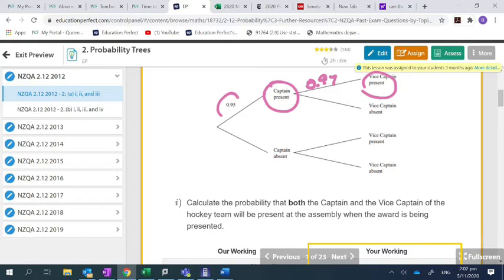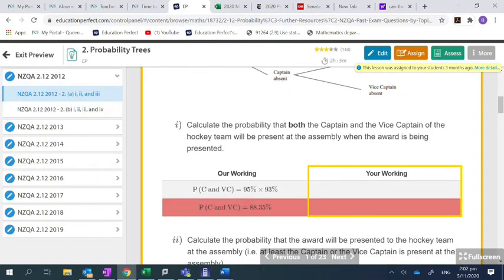So, it's this one and that one. So that means you will what? Simply multiply those two probabilities together. If you're following a branch all the way across, then you just multiply the probabilities. So you'll see from there working, there's 95% the captain was there, times 93% the co-captain was there, if the captain was there, gives you the probability of both captain and vice captain is